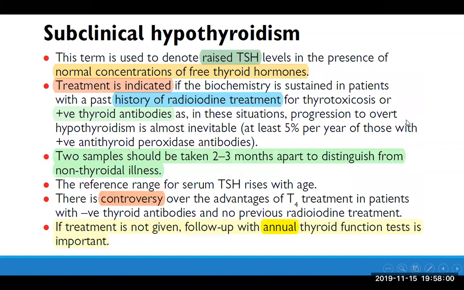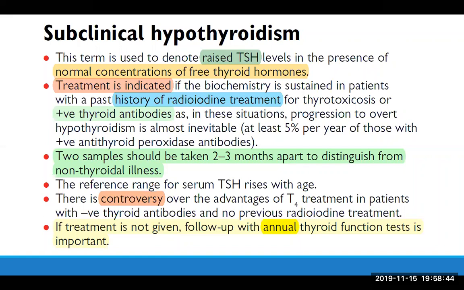Subclinical hypothyroidism is a very important topic. Of course, as we all know, subclinical means the thyroid hormone is normal while the TSH is elevated in hypothyroidism, and suppressed or low in hyperthyroidism. Treatment is indicated not in all cases, but in some limited cases. When to treat subclinical hypothyroidism is very important because there is a lot of controversy about it. At least if there is a history of radioiodine treatment for thyrotoxicosis, or positive anti-TPO, or symptoms, or infertility, or during pregnancy, you can treat.